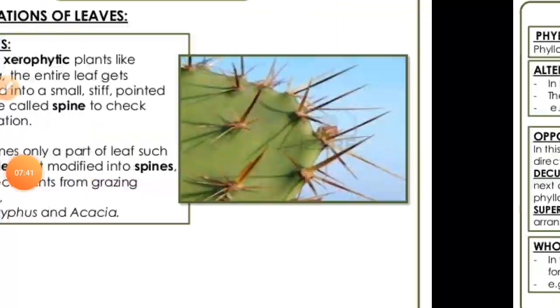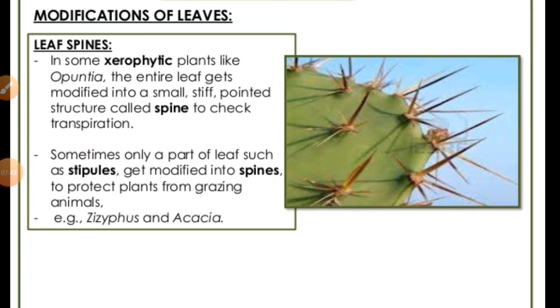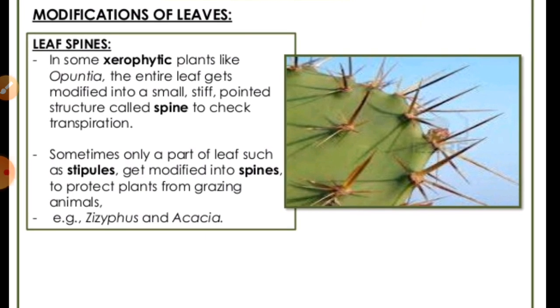After that, there is another topic that is called the modification of the leaves. Means as we have talked about the modification of the root, modification of the stem, then we have to talk about the modification of the leaf also. Means these leaves can also show some special kind of structures, some special kind of modification in them. Generally leaves perform the photosynthesis process, but after modification they can also do some additional functions besides photosynthesis. Means they can show such structures.